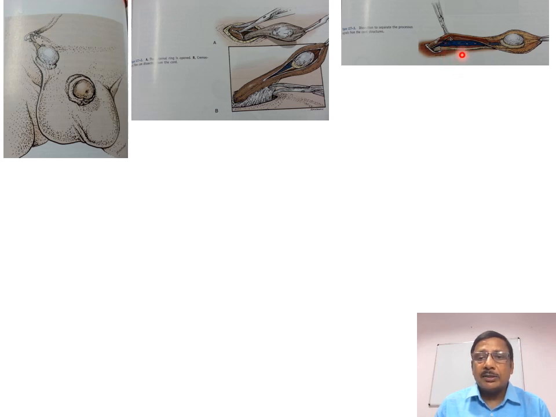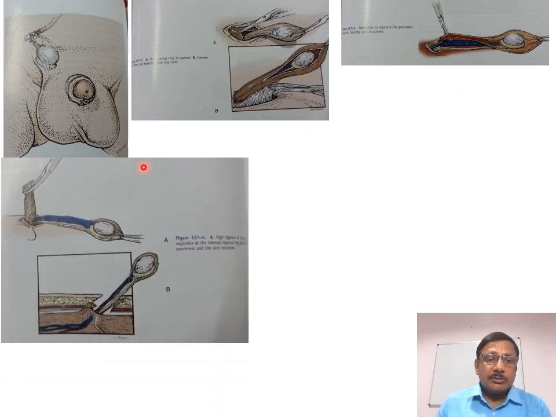You can see the blue part, this is the pampiniform plexus, and it is dissected so that the processus vaginalis is separated from the pampiniform plexus, which also has the testicular vessels. You can see this is the processus vaginalis which has been dissected. It is twisted on its own and it will be ligated here at the deep ring. Now this is the testis which has been skeletonized, with the spermatic cord having the pampiniform plexus and the testicular artery. Now you have gained length, and this is the status after dissection.